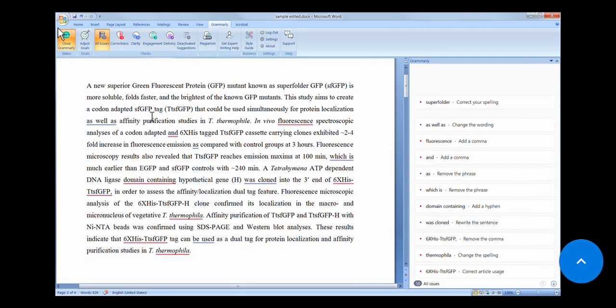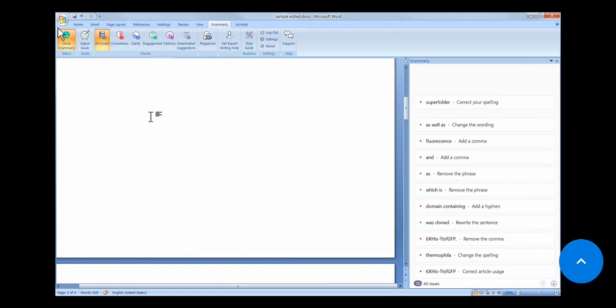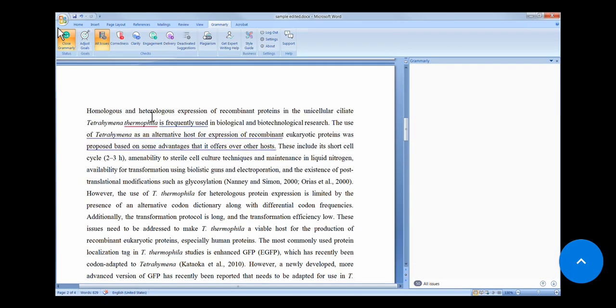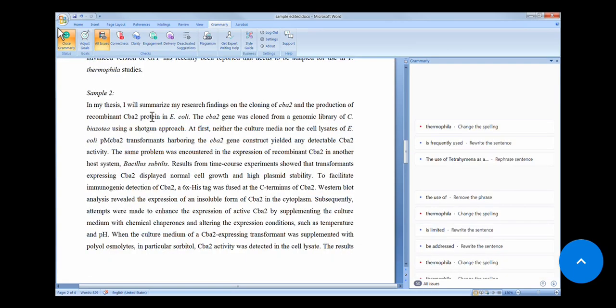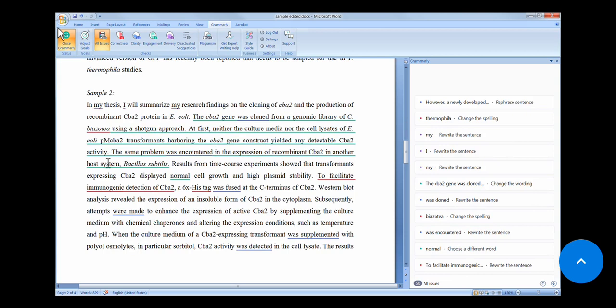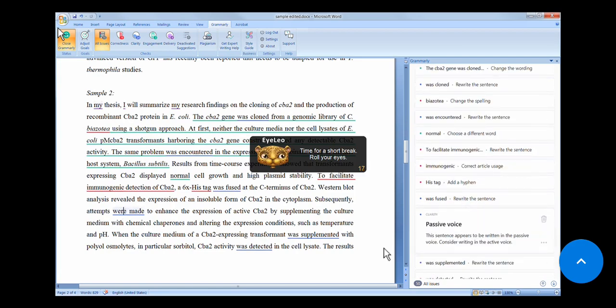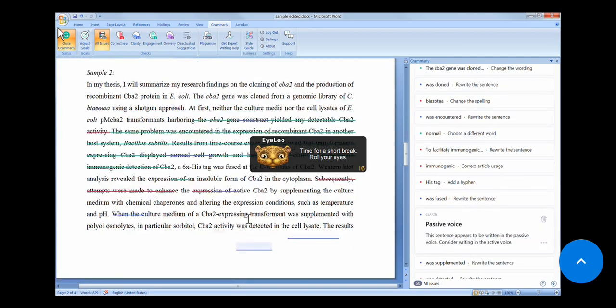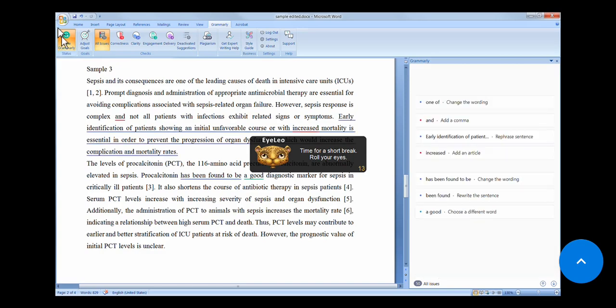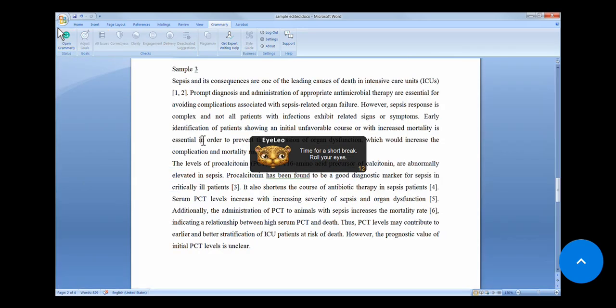I prefer to use the page down button, so quickly put a glance on all corrections, then next page, next page, next page. If you find something to be corrected, just click and accept the suggestion, and once you are done just close Grammarly and you are done.